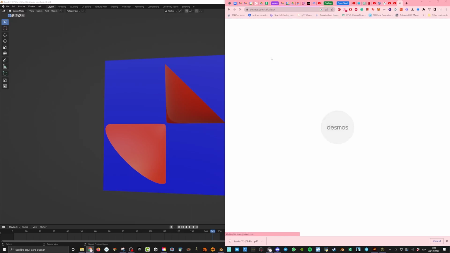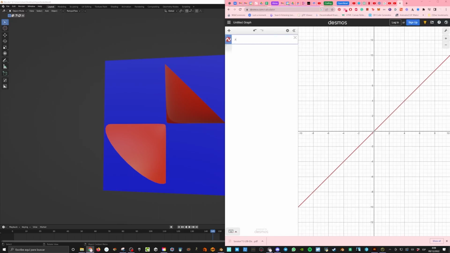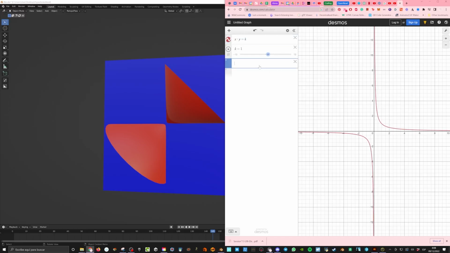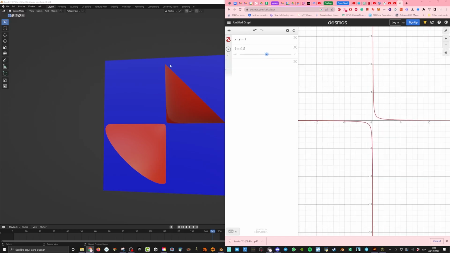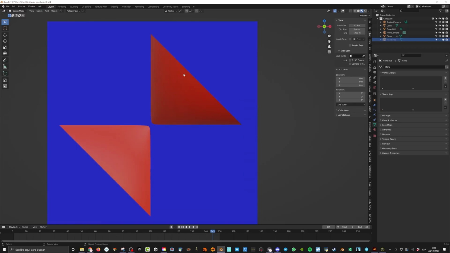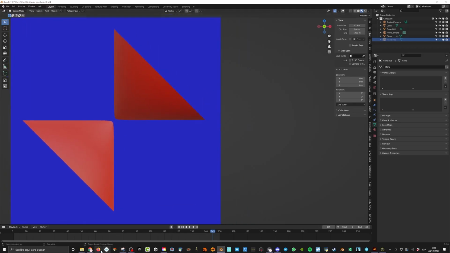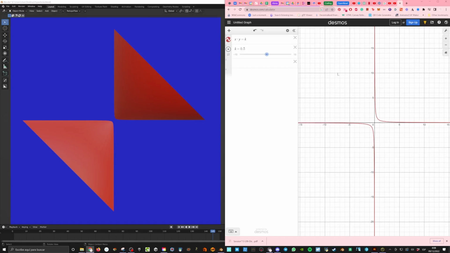Are you graphing it? Yeah, I figured I should. Just xy is equal to k. Okay, this also works. And you can tell this is the same thing, right? If you look at this. Is that on Desmos as well? No, no, that's Blender. Okay, got it. That's different software, Blender. But here you can tell better what we're trying to show, right?